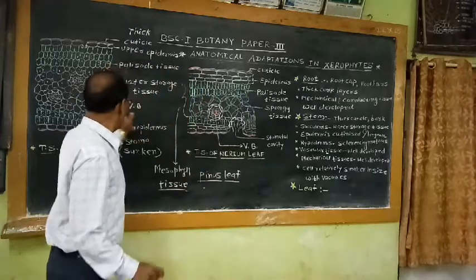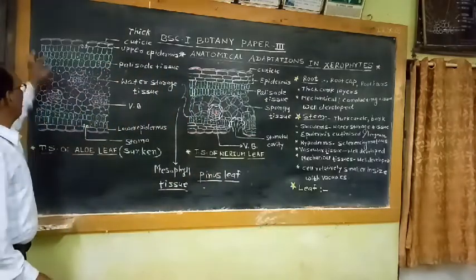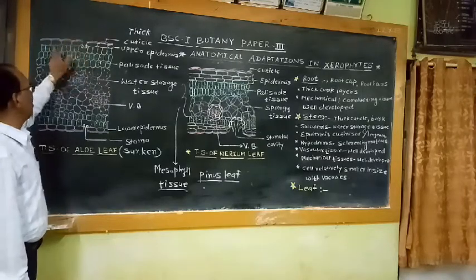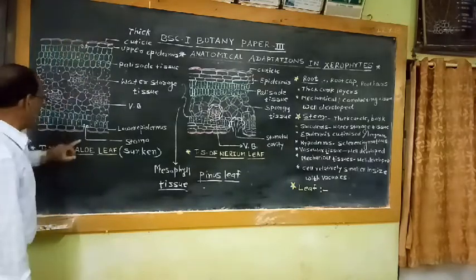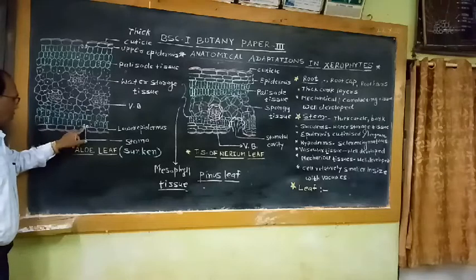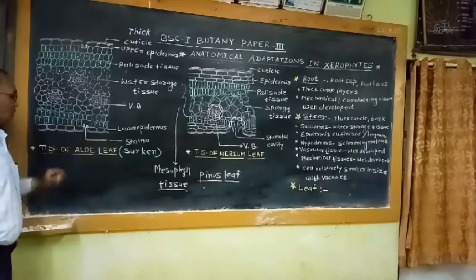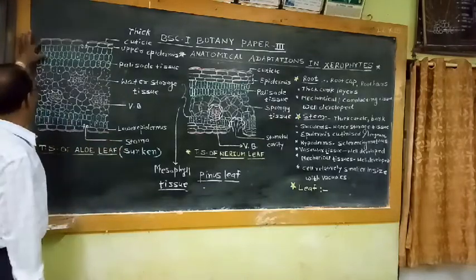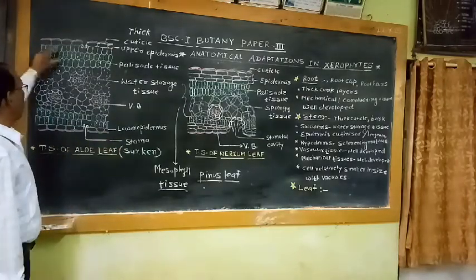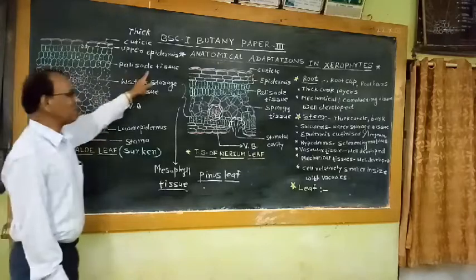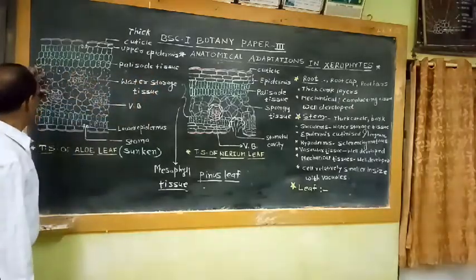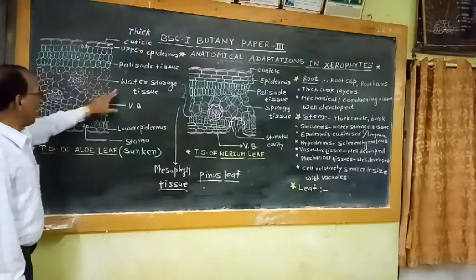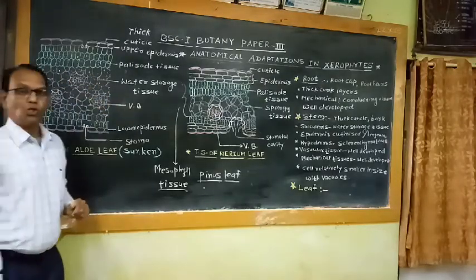So if we observe this yellow leaf, the upper epidermis is covered with thick cuticle, and it possesses sunken stomata. This is the lower epidermis, it also has stomata. They are also sunken type. The lower epidermis is also covered with thick cuticle. Both upper and lower epidermis are followed by photosynthetic tissue or palisade tissue, and a major portion of this leaf is occupied by the water and mucilage storage tissue.